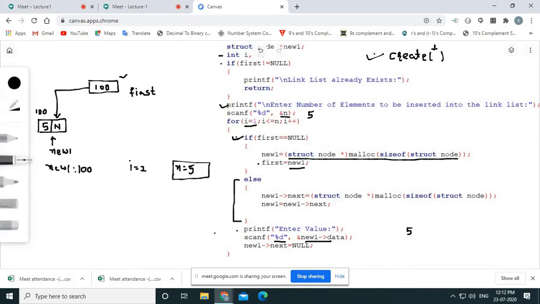Okay, now this is a loop, and how many times does the loop have to run? Obviously the user has given the option, I want to insert 5 nodes, so the loop gets repeated 5 times. So now from this curly bracket again we are going back to the header of the loop, right, and again we'll check. Now I is increased by 1, because of this I plus plus.